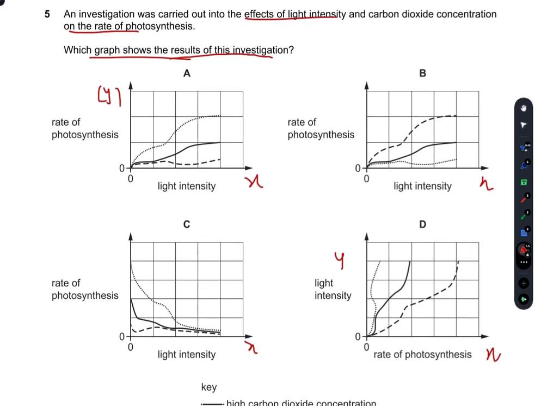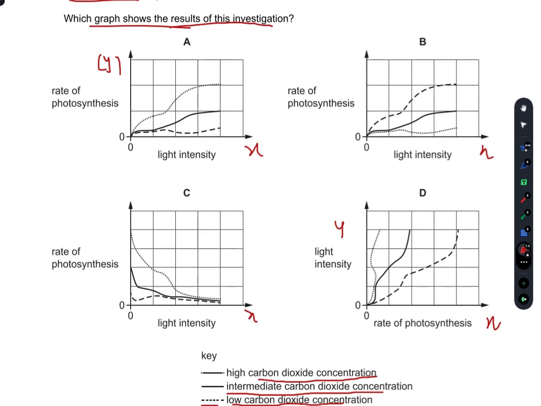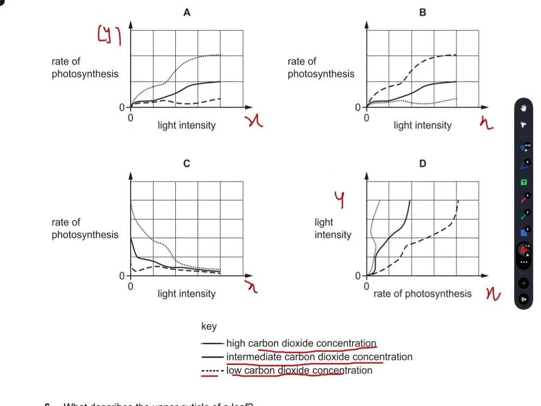So in C you can see that the rate of photosynthesis is decreased with the increase of light intensity. What does this graph mean? When light intensity is zero, the rate of photosynthesis is already good. This would not happen, because zero light intensity means zero light for the chlorophyll molecules to produce glucose. So C is incorrect, because photosynthesis cannot take place without light intensity.